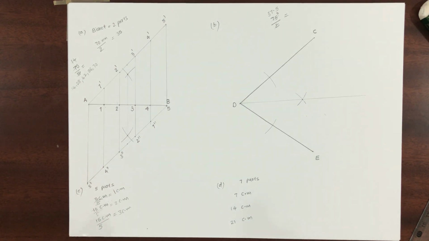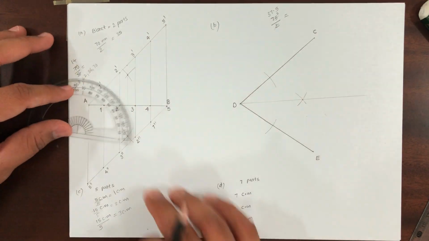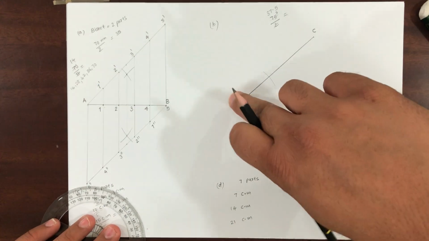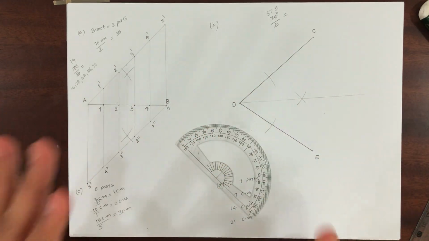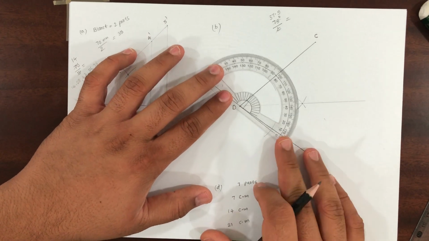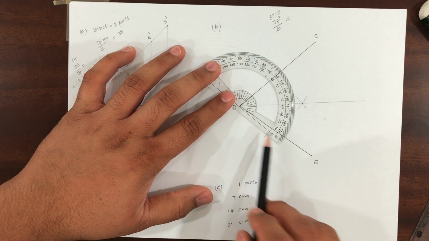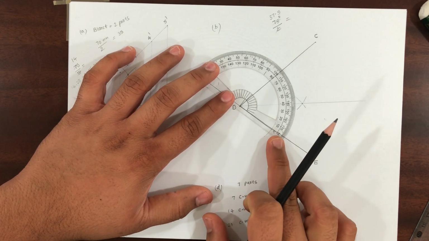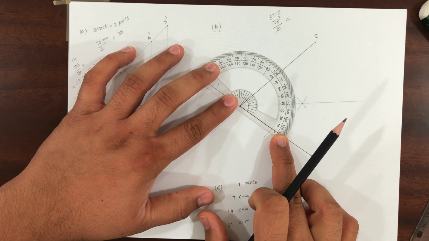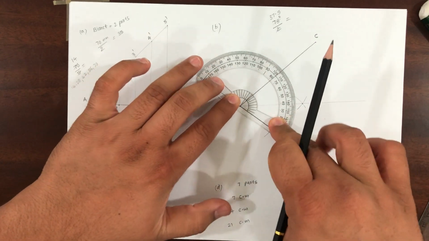Okay. Now first what we did, we put the protractor here and made 45 degrees. Now the line changed. The line is this one, not this one. The line is DE now. So we have to put the protractor on the line DE. Keep it here and align the 0 line on the line DE, like this. Okay. And this point should be in the corner.